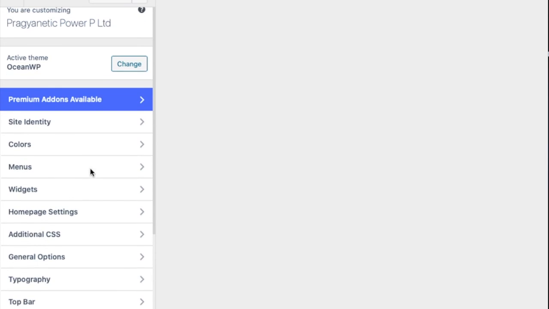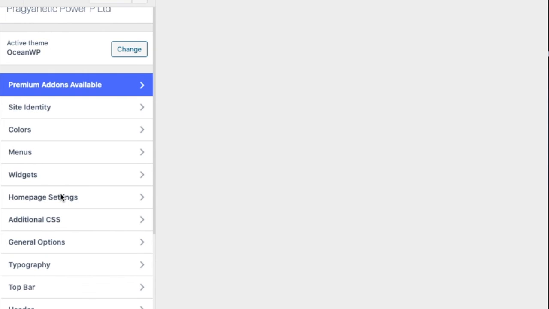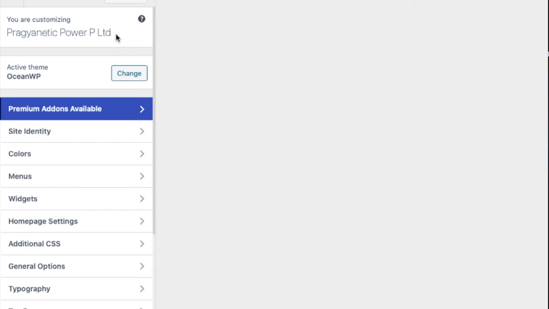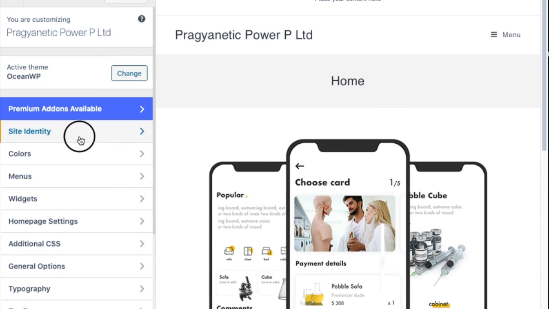So now I have come back to my site customization. Now I'll just go add a site favicon to my website. So click on the site identity. You may also try for AdSense, which is powered by Google, which will be giving some ads to your website freely if you want to earn money by monetization.